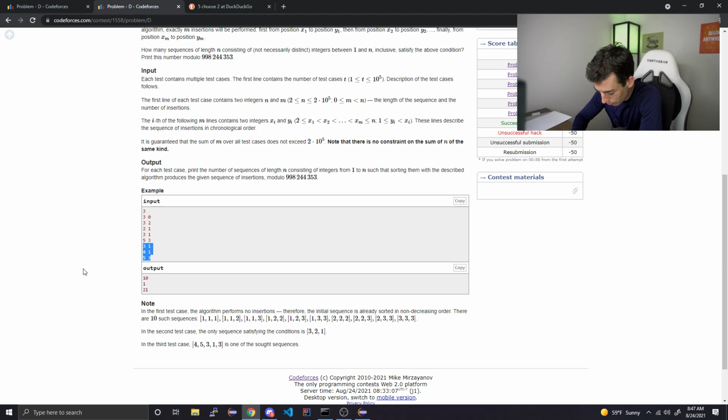So we have 1, who knows about that? We have 2, nobody knows. Then we have a 3, which gets put in position 1. Okay. Then we have a 4, which is even smaller, which also gets put in position 1. Okay. Then we have